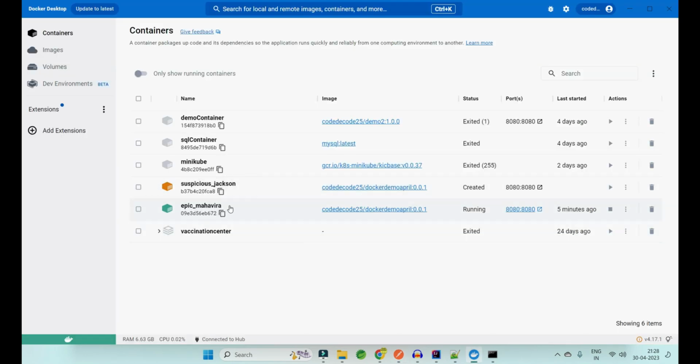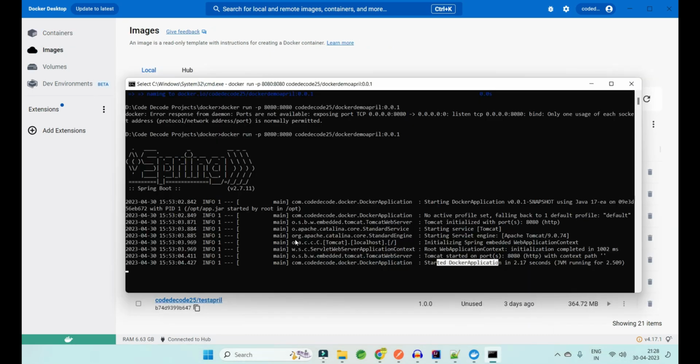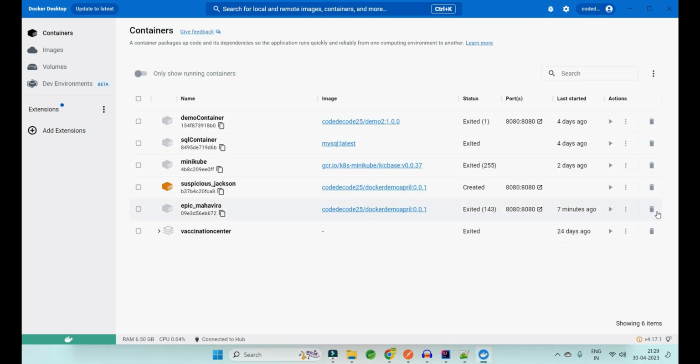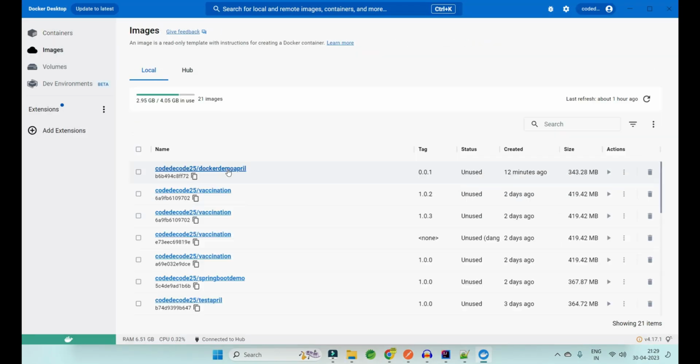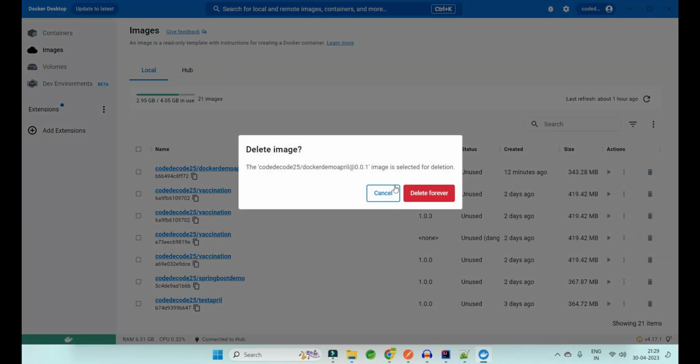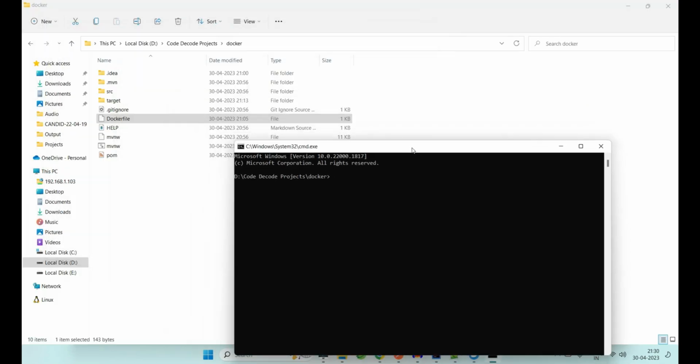Now as discussed, I don't want to have any such kind of name. I'm going to delete such names from here right now. So before this, I need to stop the container first. I'm deleting the container and I'm going to delete my image. I just want to give a proper name to the container. So I'll create an image again using docker build -t, your namespace, your Docker image and the version, and